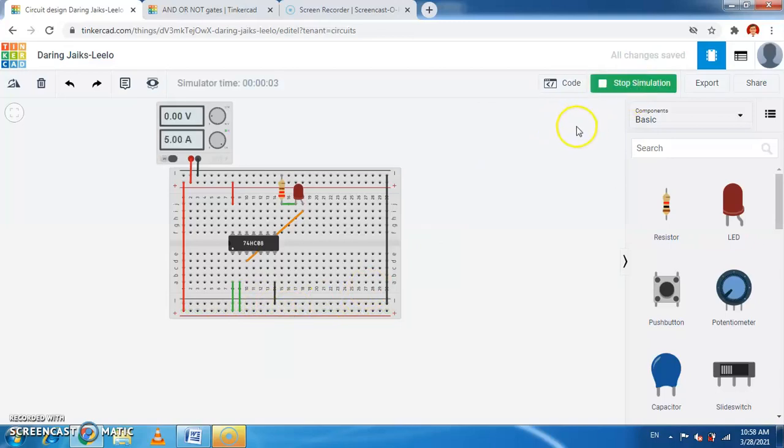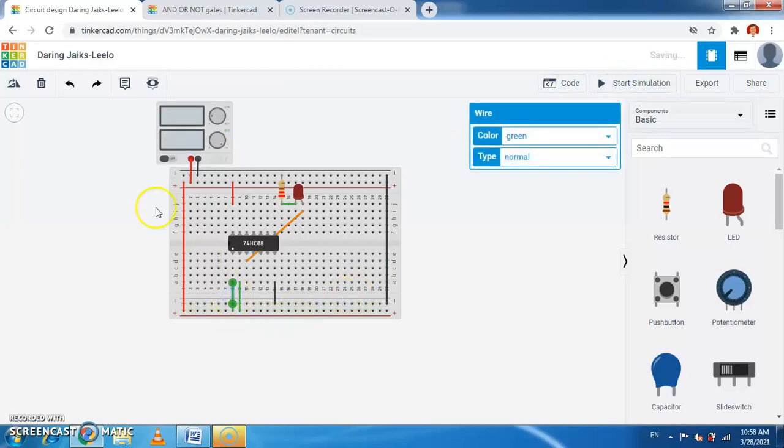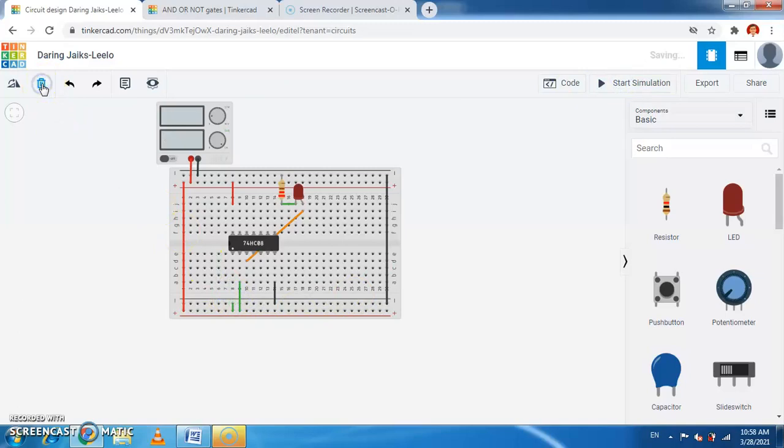Now this LED, yes, it will get it just later. This supply will get shorted here, so therefore it will not show like this.